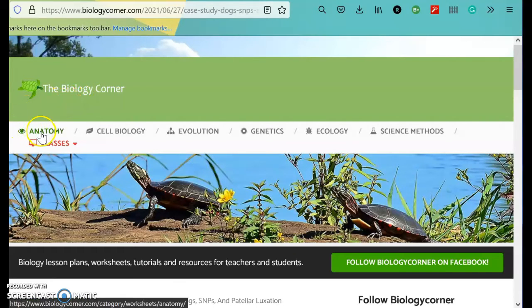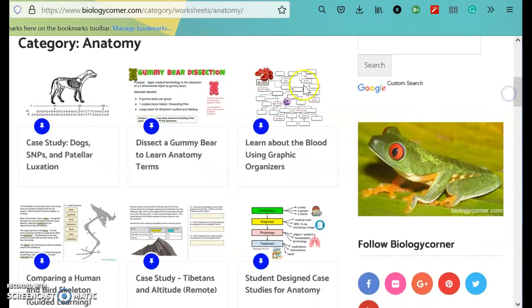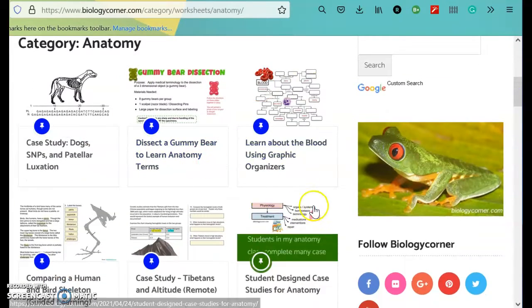So we have the topics here: anatomy, cell biology, evolution, genetics, ecology, science methods. They're all pretty much the same once you click on them. So I'm going to start with anatomy. Once we click anatomy, it doesn't look like anything happened, but then we scroll down here and we have all these different